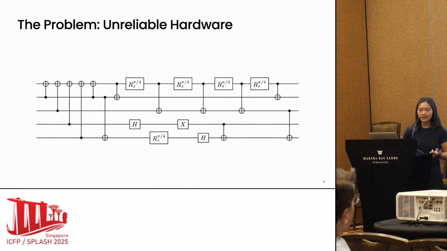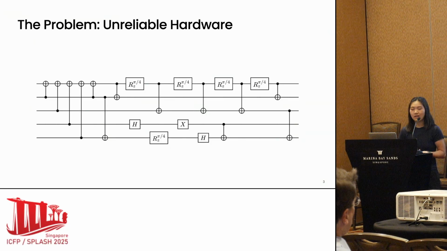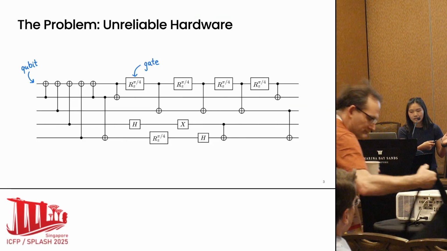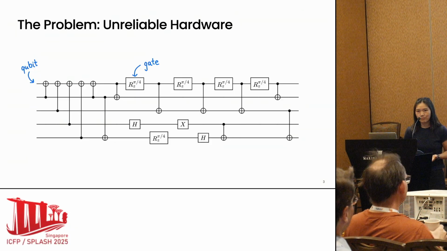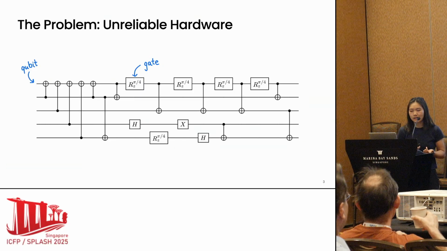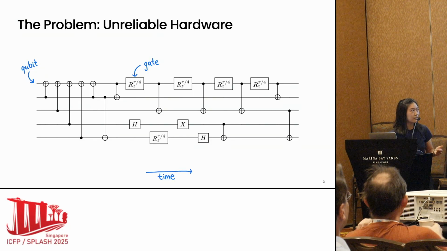All right. And in particular, I explore this question by focusing on the problem of optimizing these programs. The main reason why we need to do this is because the hardware is extremely unreliable. So a program for a quantum computer might look something like this. It's a pretty simple circuit. The horizontal wires represent our state, or qubits. And then these boxes and these vertical lines represent the operations that we can perform on a computer, and we call those gates. And then the way you read this diagram, which will show up later, is from left to right